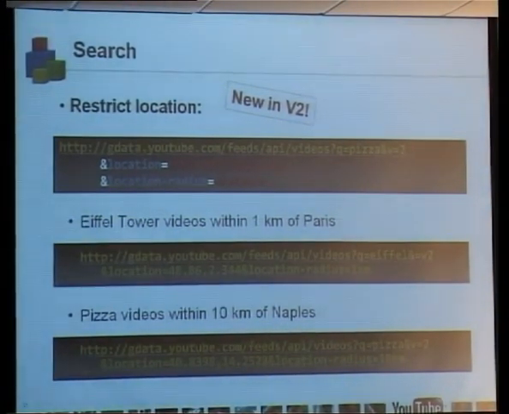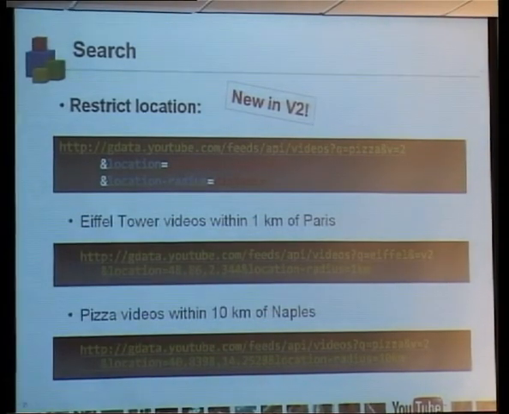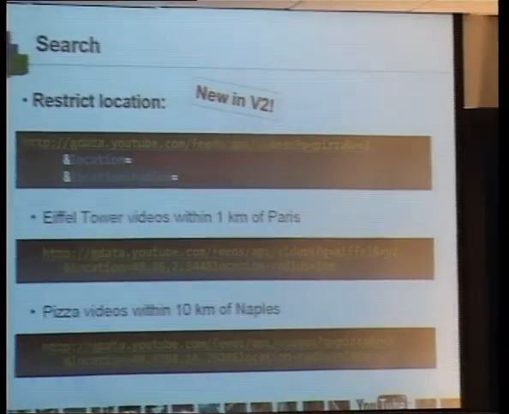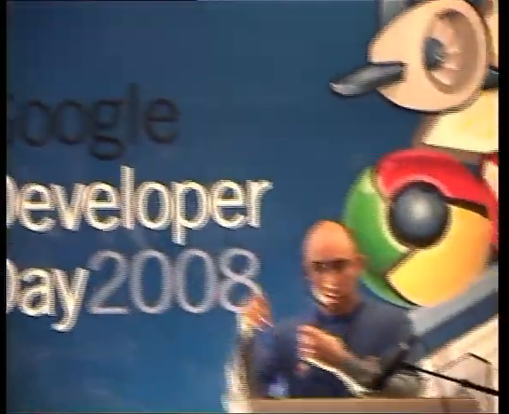So if you're doing something on Israel, on Jerusalem, on Haifa and so on, then you can say, okay, I want all the videos that are 1 kilometer around Haifa, for example. Now we also have a way to restrict only for partners' videos. Sometimes partners' videos are a bit better. So if you're looking for only the partner videos, you can do it by using this parameter, uploader equals partner.